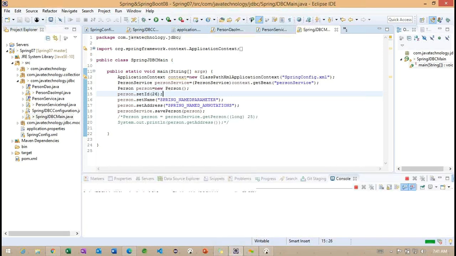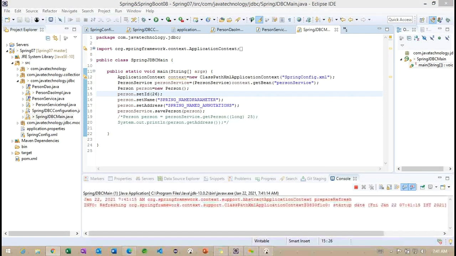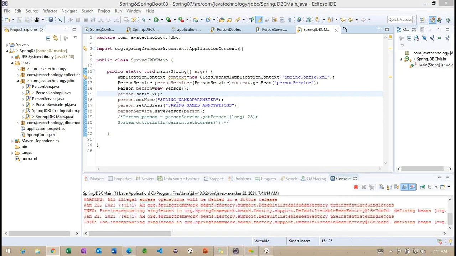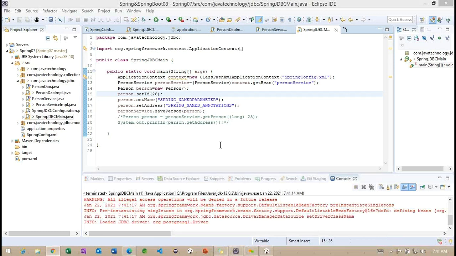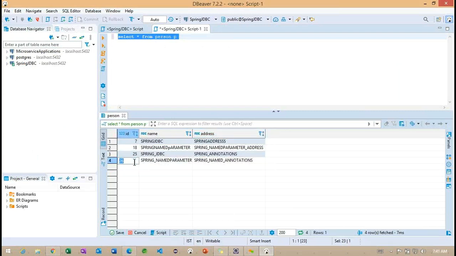So now let's insert the record into the database. What can we do here? Let me run the same. We are able to see the 26 record here.